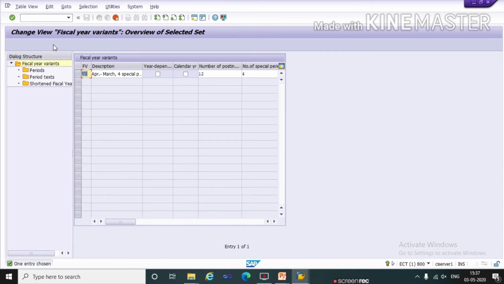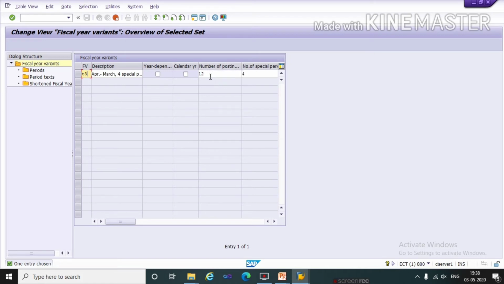Here we will give a name for our fiscal year variant. I am giving T3 as my fiscal year variant, and here it is mentioned April to March as a description because we have copied from V3. So all the settings are copied.